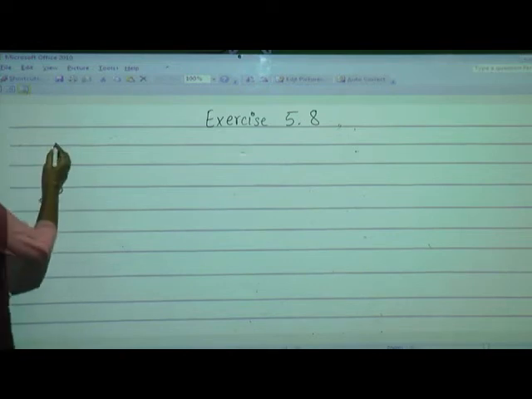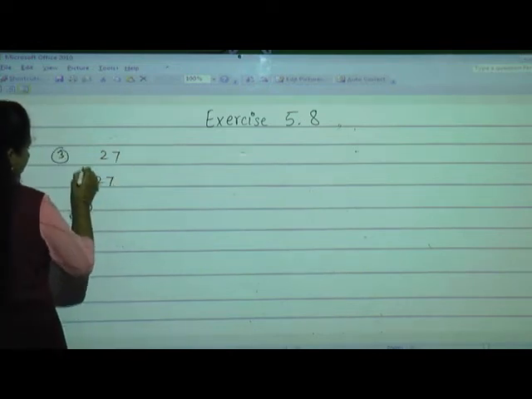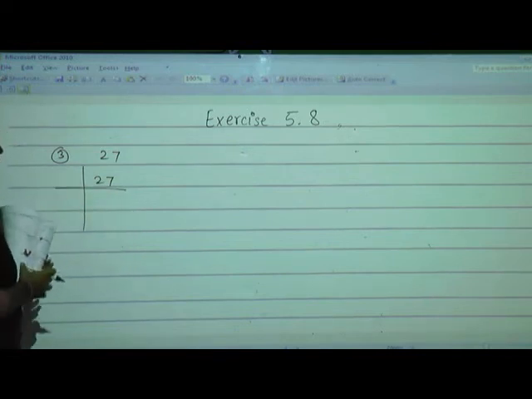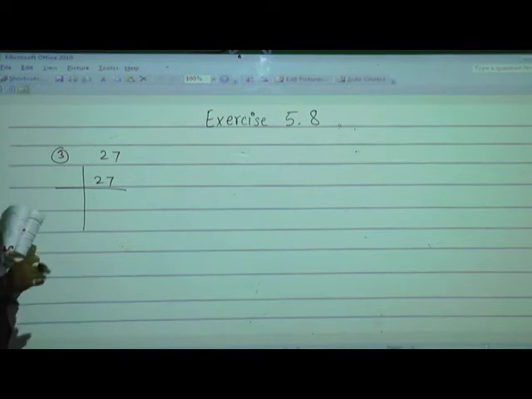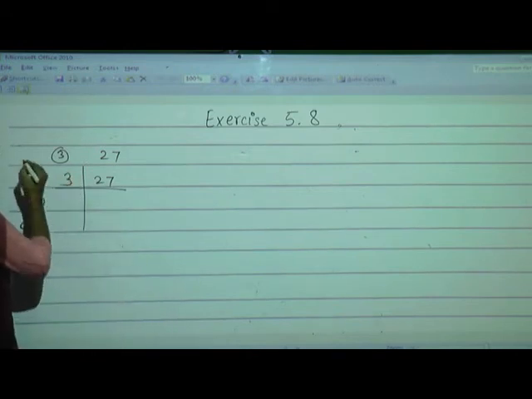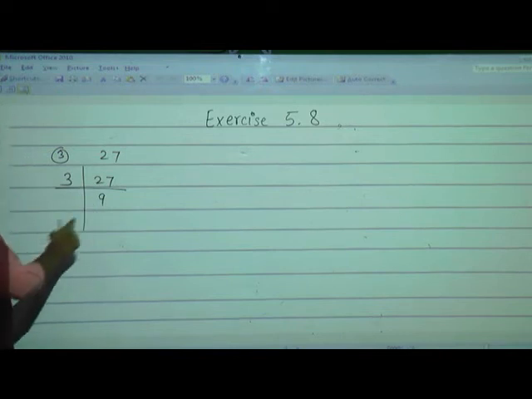Now the third one I will solve. 27. See, write 27 on the right side. Now see with 2. Can 27 be divisible by 2, students? It is not divisible, a remainder will be there. So we should not go with 2. Then go with the next prime number, that is 3. 3 9s are 27, isn't it? This is the quotient, divisible by 3.